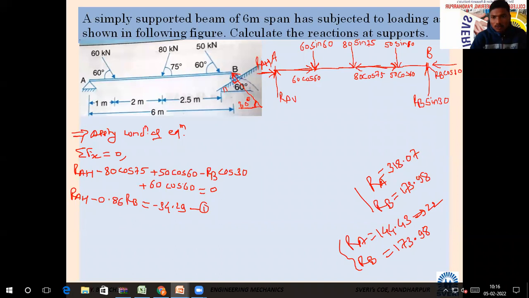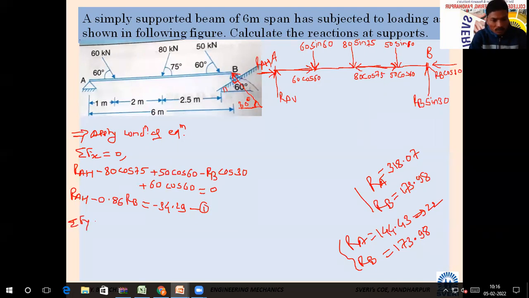Is it correct? Anybody got another answer other than this? It is not possible for me to check each and every step. I can check the final answer, but not in between. Is it correct? Can somebody get some other answer or is it the same? Otherwise I have to check. Okay. Then